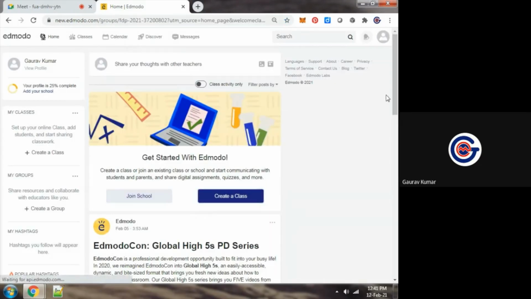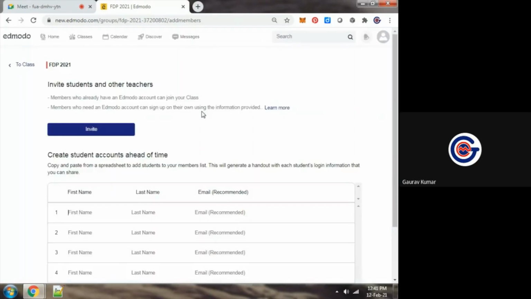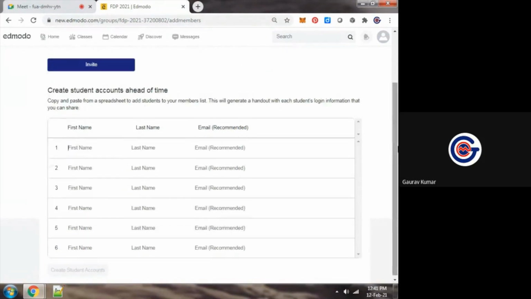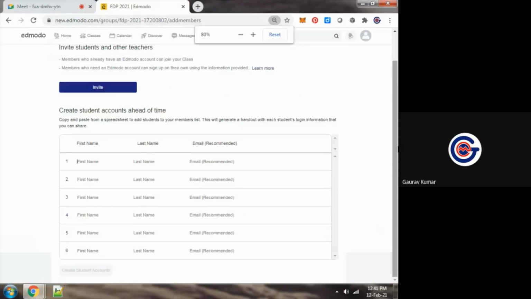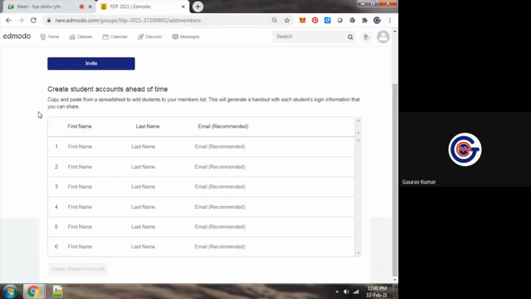Now, add students. Create accounts for your students or invite them to join your class. We can specify the names of all the students, name and email ID, or we can copy and paste from an Excel sheet.